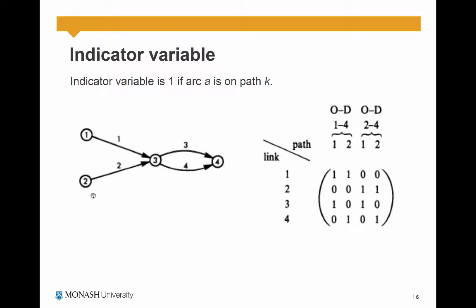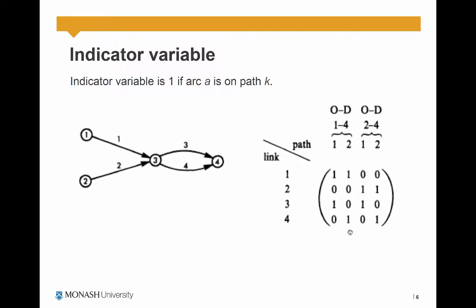Same story with node 2 and 3. There's only one path between node 2 and 3, that includes only link 2, but between node 2 and node 4, there are two possible paths. One includes link 2 and 3, the other one includes link 2 and 4. Therefore, we can